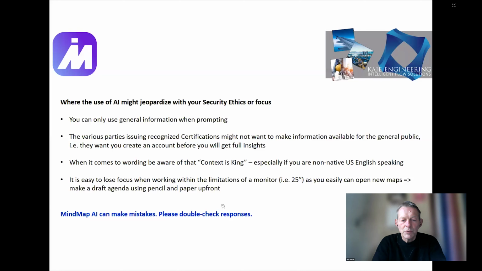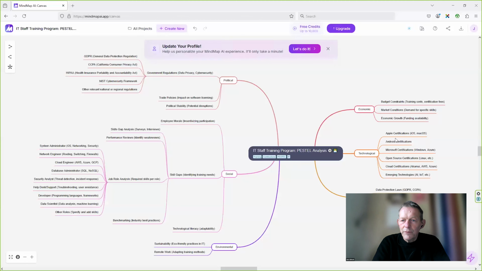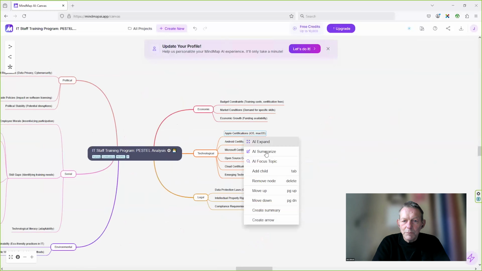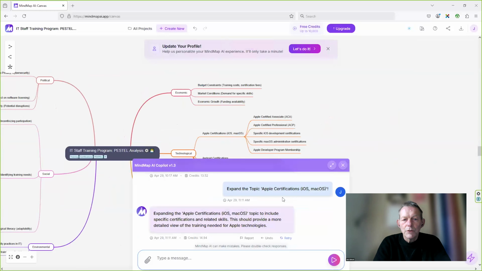Because if I was going to continue working on this one, I might be interested in diving deep into a path like this one, the Apple path, which is not the purpose of this one. Sorry. So you have to stick to the purpose of your mind maps. You have to really be loyal to the intentions with the model. It's very easy to dive deep, follow some paths, and go around, and then suddenly you lose it.